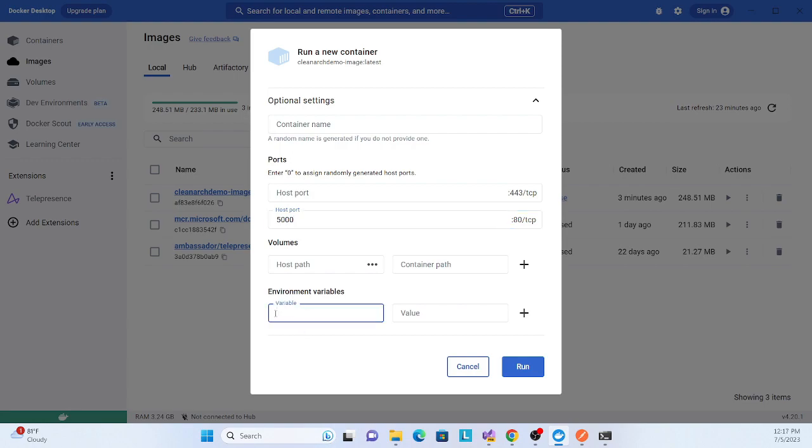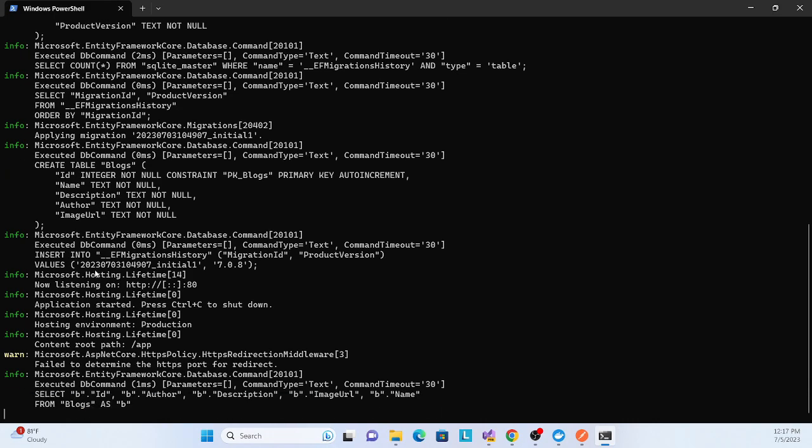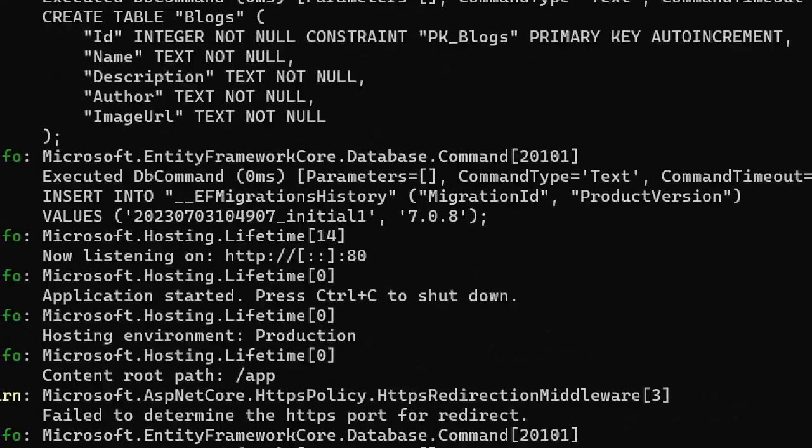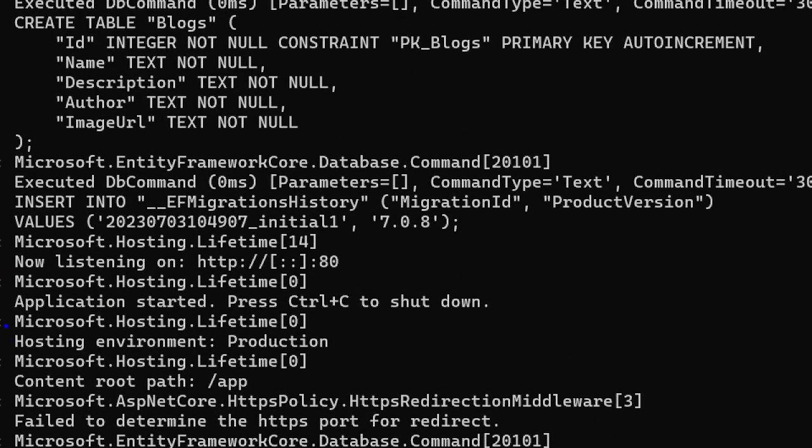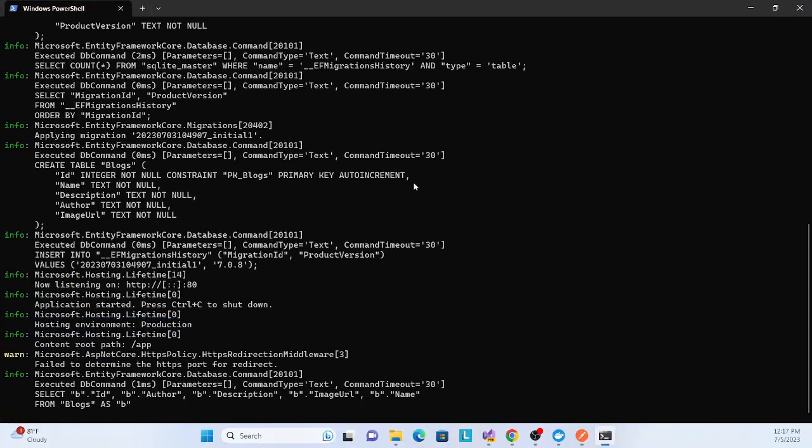Okay, so these settings are important, because if you see, your application is running in production. Let me zoom in. By default it is taking the production environment. So this is one issue if you're trying to use ASP.NET Core.